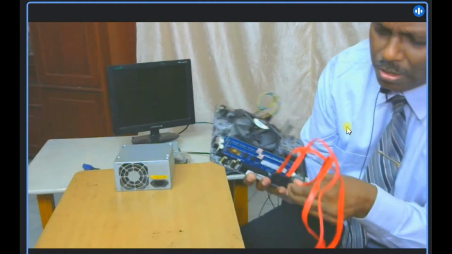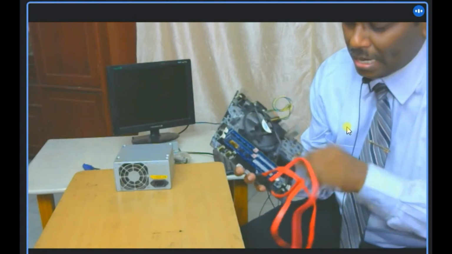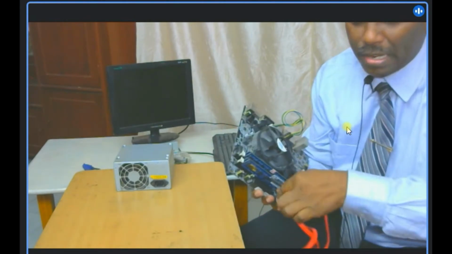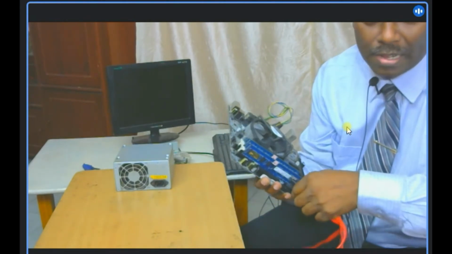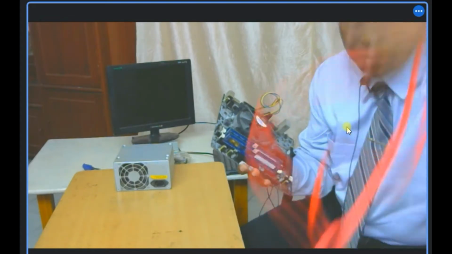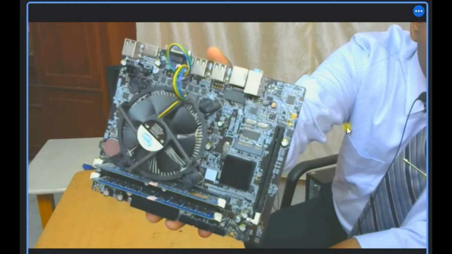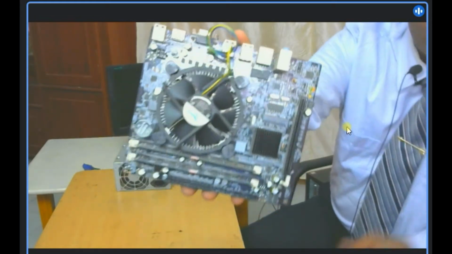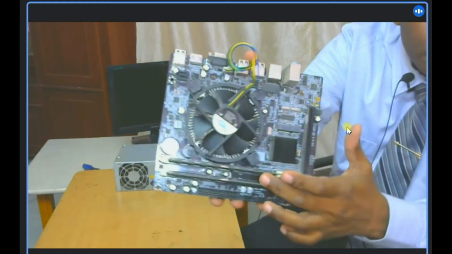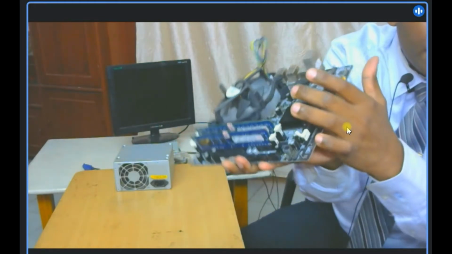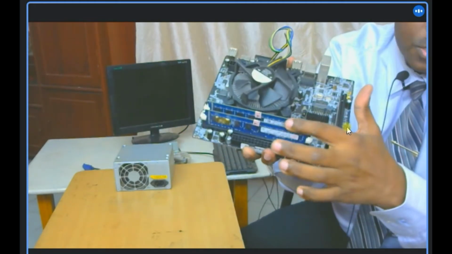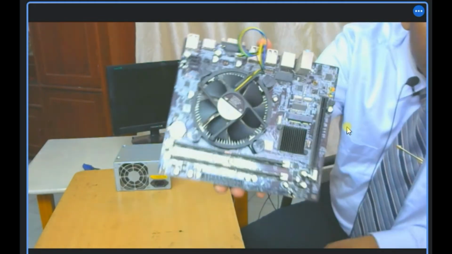Okay, I can remove these cables. These are only SATA cables. I can insert them back again, 1, 2, and 3. These 3 cables, I am keeping aside. Now you see the main board. So these are all the main components. I have inserted already the CPU and the memory. So here you can see the memory. This one, right?